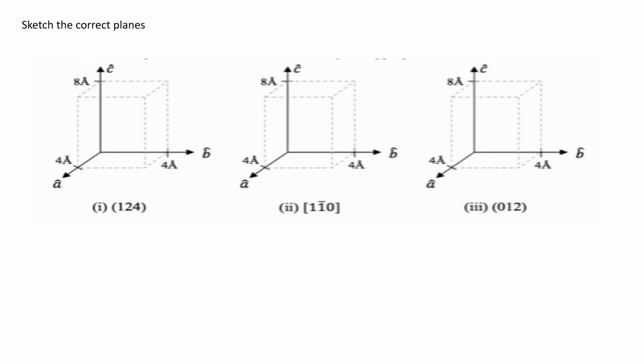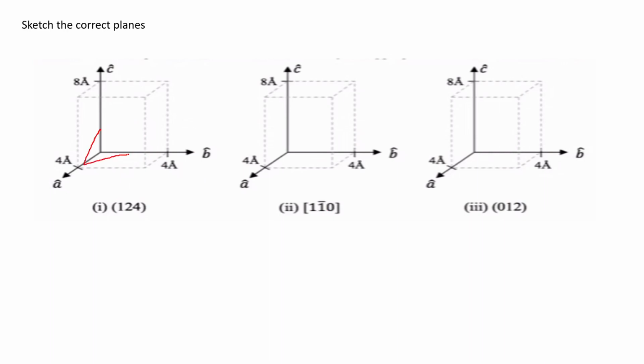So here it is given 1, 2, 4. These Miller indices are marked in the square bracket. So what will 1, 2, 4 be? It will be the plane value. So it will be like,